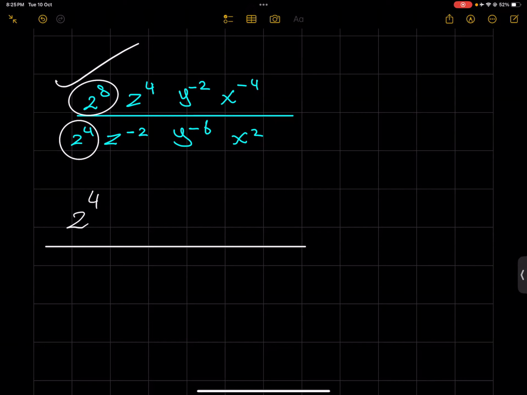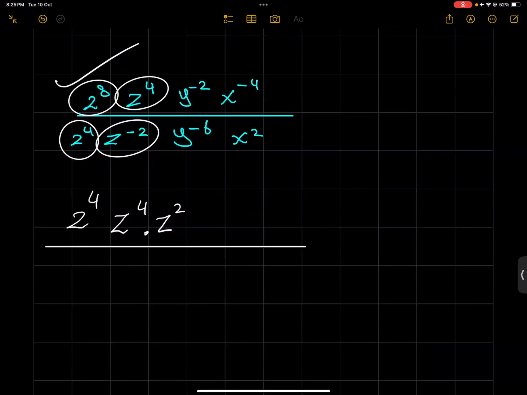Here we have z power 4. I'll not do anything because it's already positive, right? So no need to change the places whenever we have a positive number. So I'm gonna keep it as z power 4. What about z to the power of -2? I need to handle it. I need to change it. So whenever you have negative power, you need to change the places. If it was in the denominator, you need to turn it into numerator, and vice versa, right? So I need to move it to the upper part,